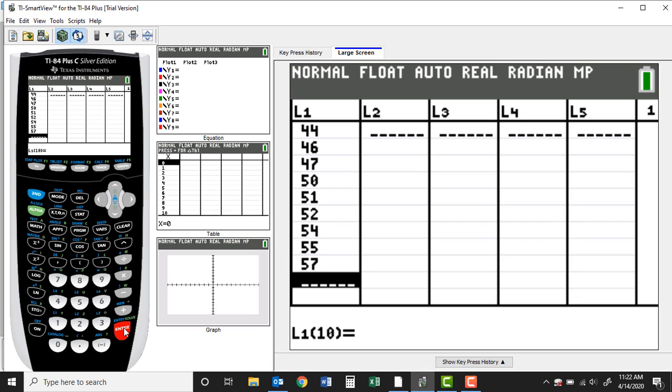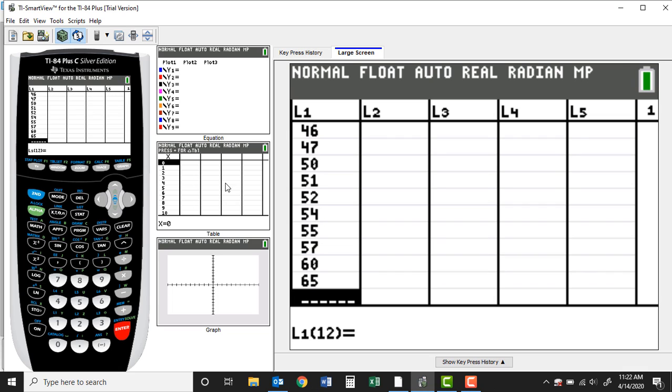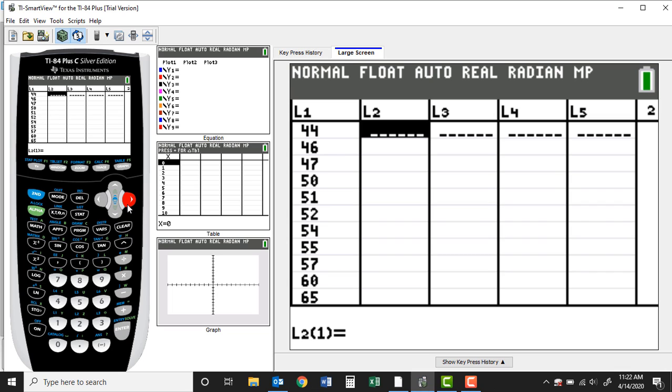I don't know if it was marathon. Let me take a look at this. Yeah, it's marathons. So we've got 11 points of data. So these are all temperatures in the race. We're going to go over to list 2, and I guess these are finishing times,